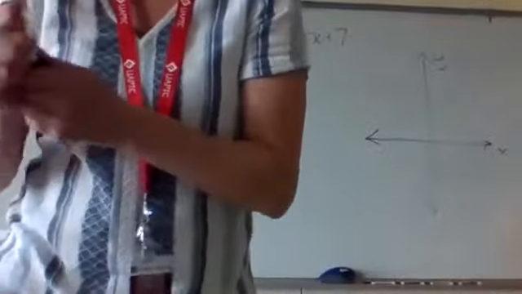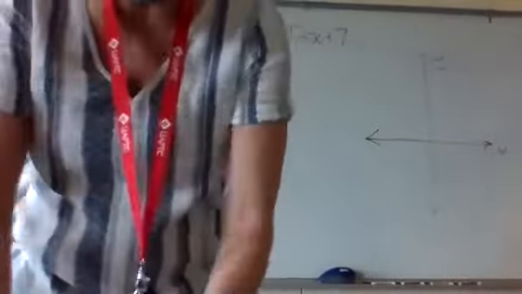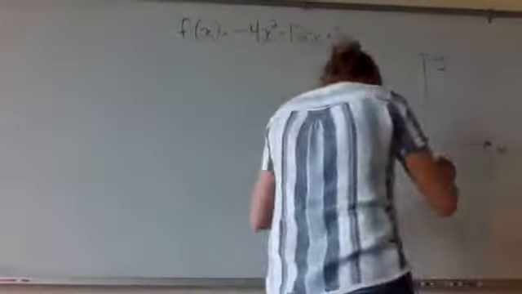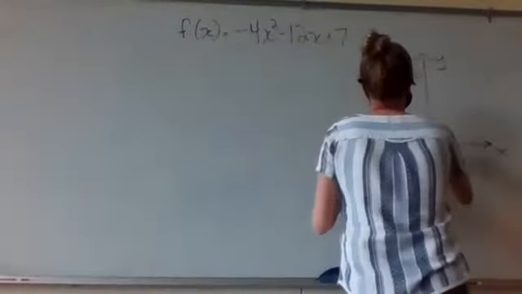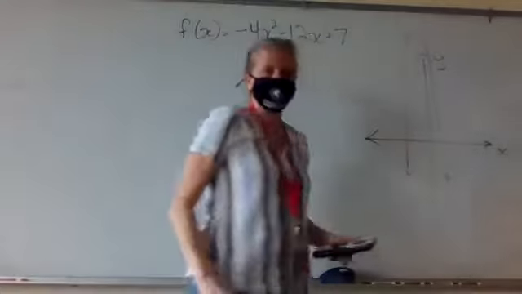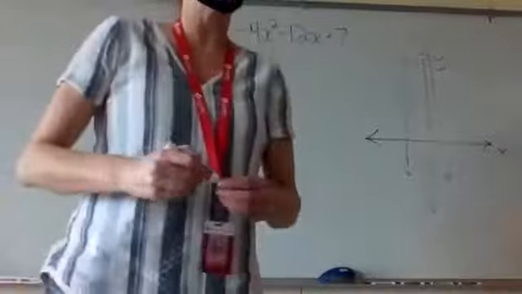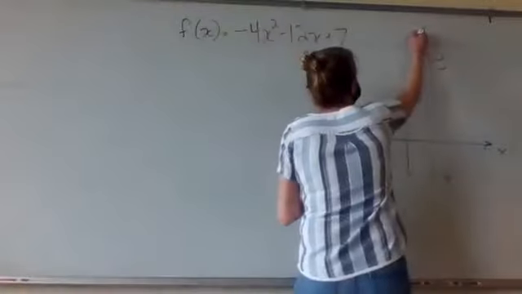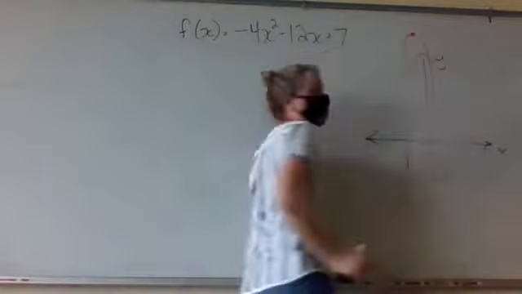So since this one is an upside down parabola, something like that, when I'm looking for the vertex, which is this point where the parabola changes direction,